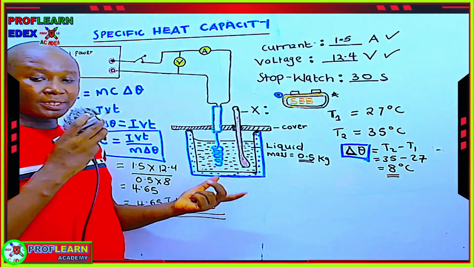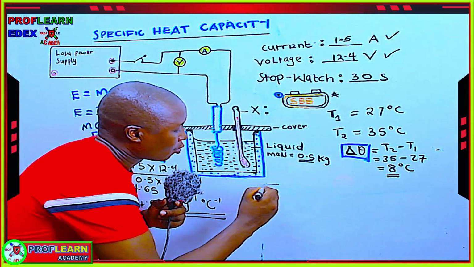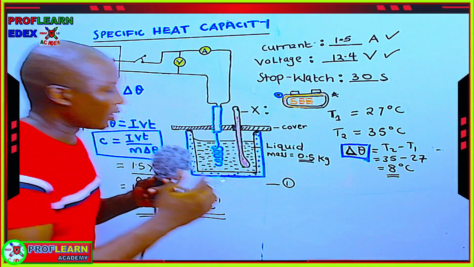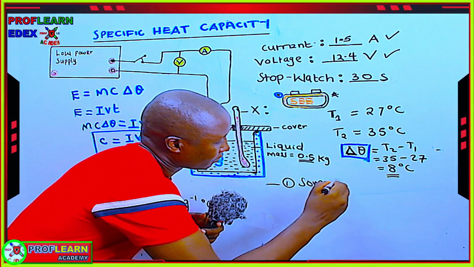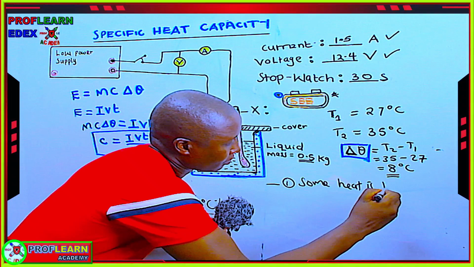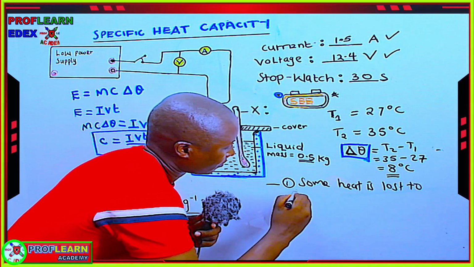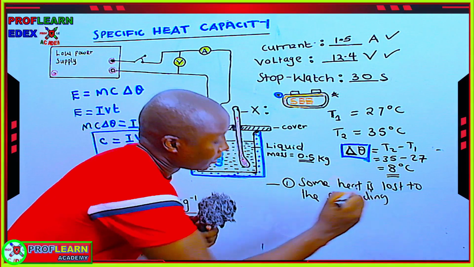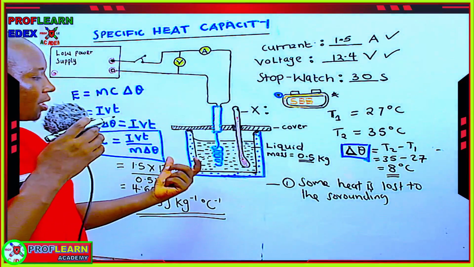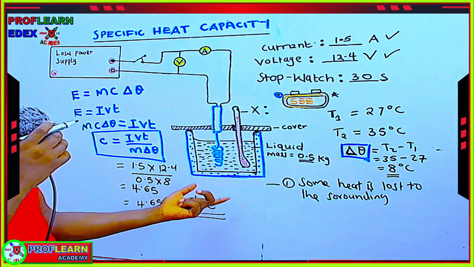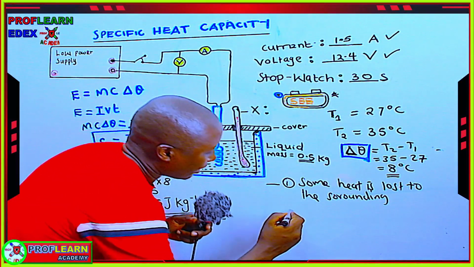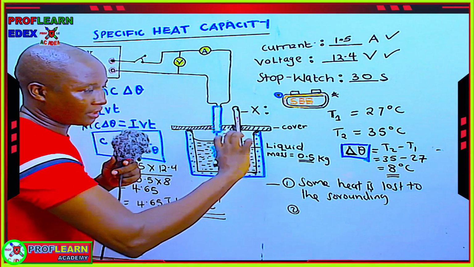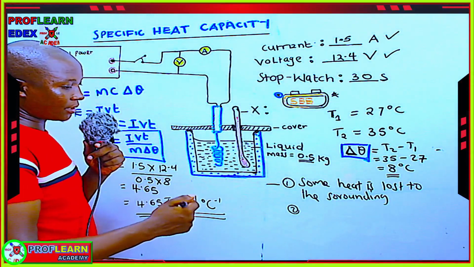One could be the fact that some heat is lost to the surroundings, some heat is lost to the environment, some heat is absorbed by the materials or the container. And number two, we can talk of error in taking the measurements, reading the temperature wrongly,